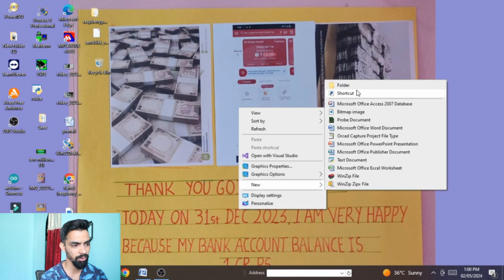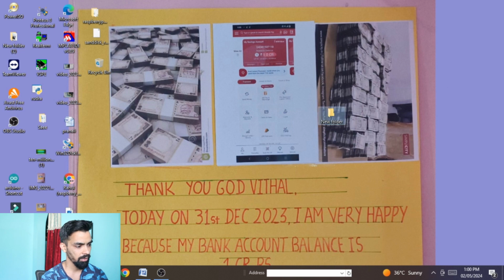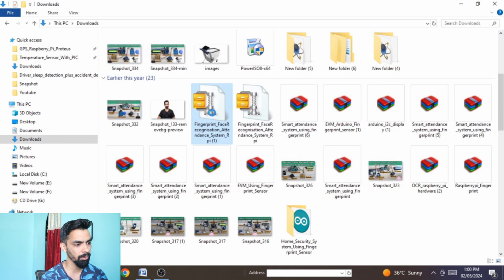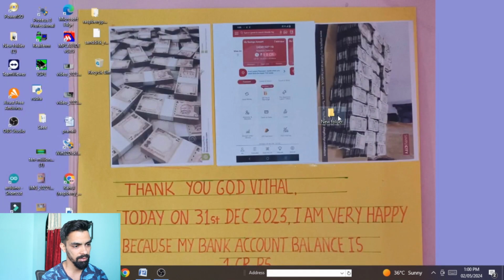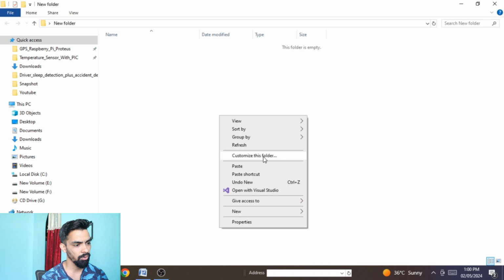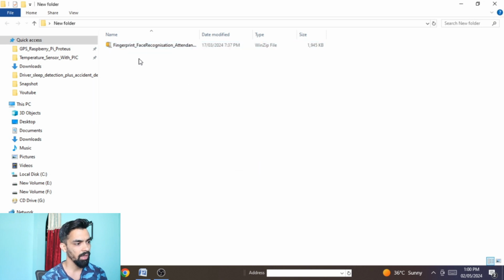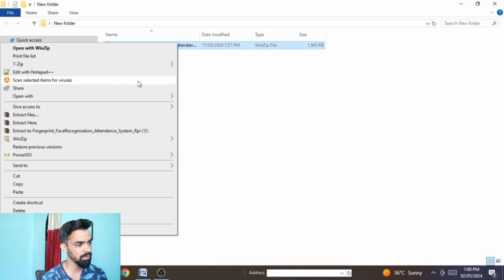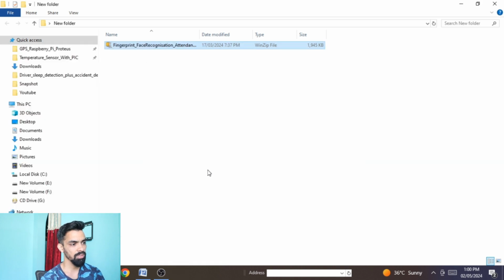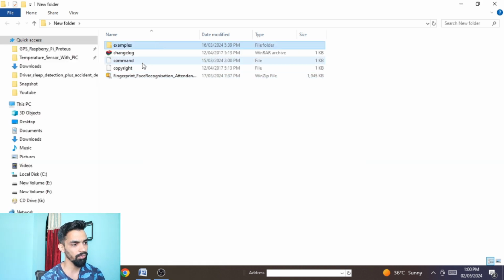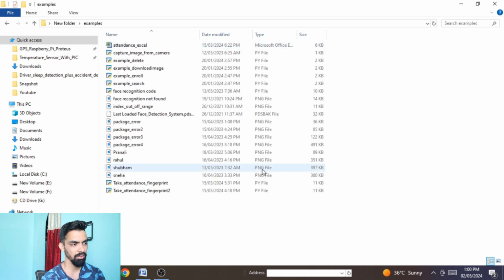Whatever file you downloaded, copy it and paste it into that folder, not outside of it. Then unzip it. For unzipping you can use any extract software. Let's say I use 7-zip and extract here. Once you extract, you can see all the files open here. Then only can you use my project on your laptop.